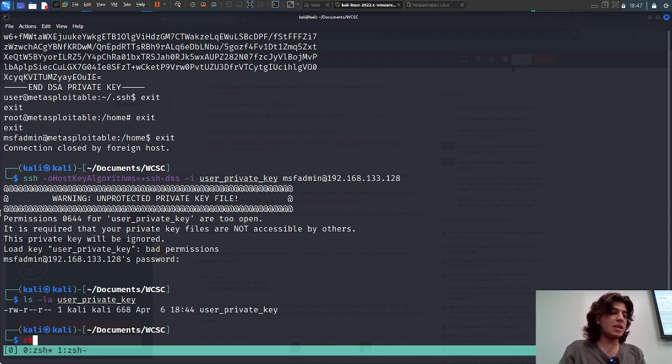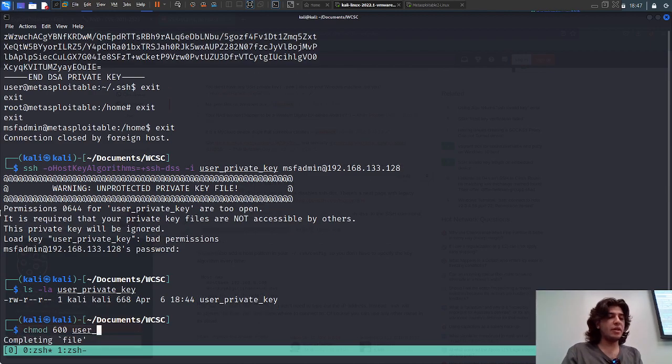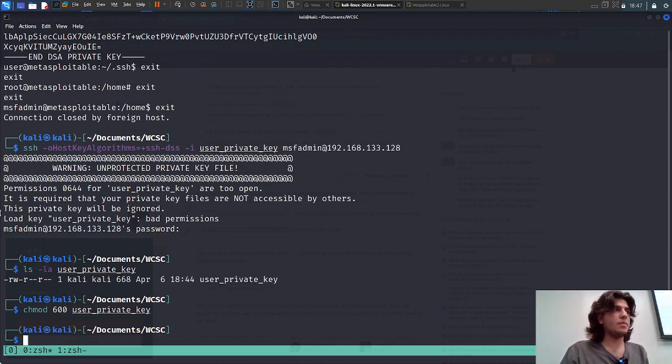So what I'm going to do is type chmod and do 600 on the private key. And why 600 for a user private key file? Who knows? Because of the number, each type of permission is a different number. I think it's 4, 2, and 1. 4 is read, 2 is write, 1 is execute. Yep. And the number that you put in is the place, so 6 is